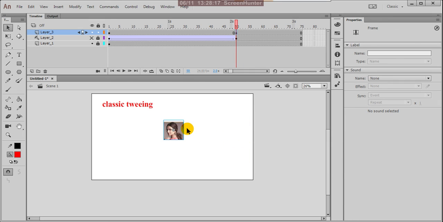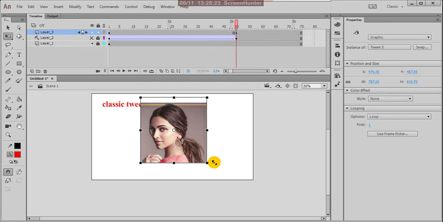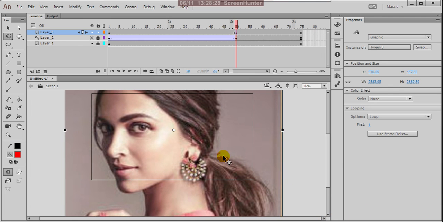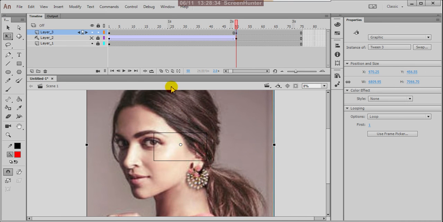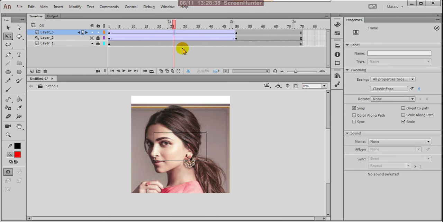Okay, now with the Q transform tool, make it bigger. Okay, now you give create classic tween.